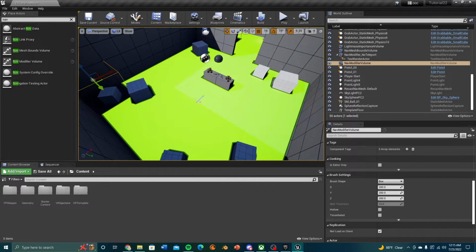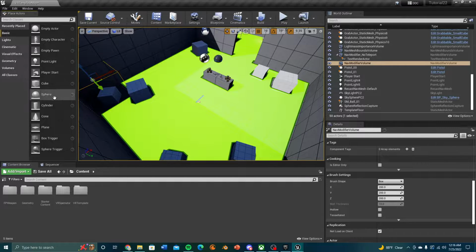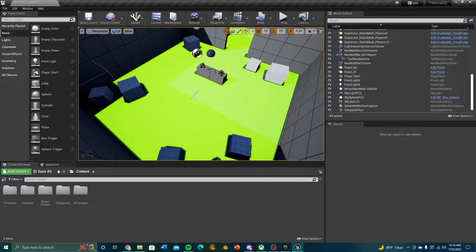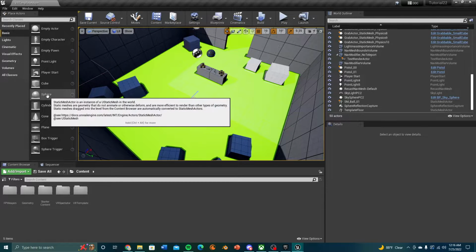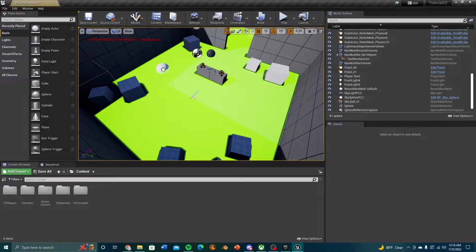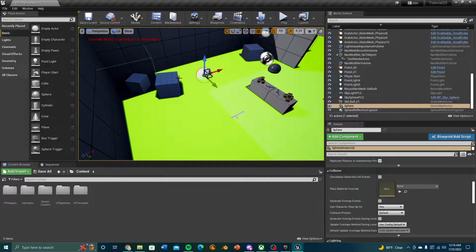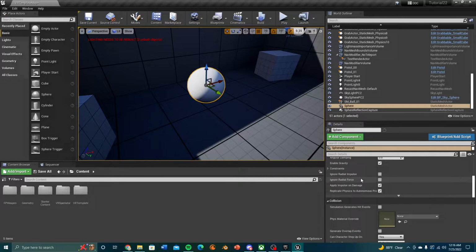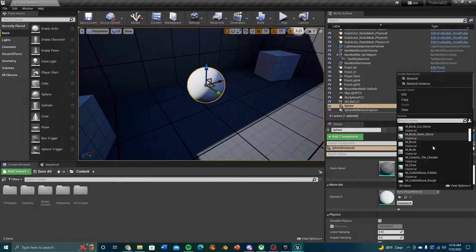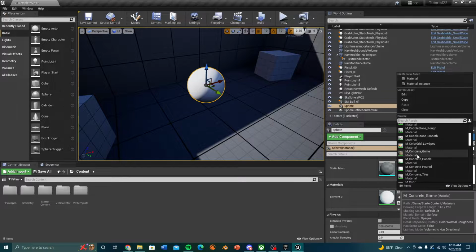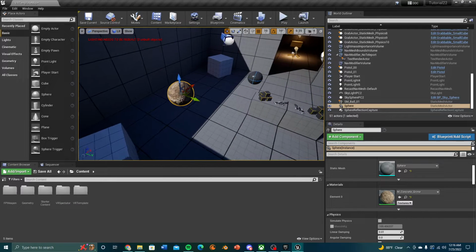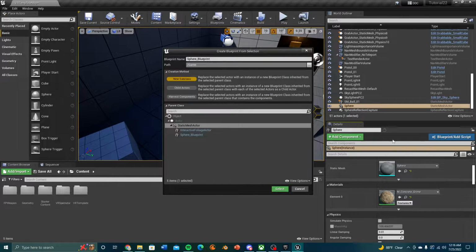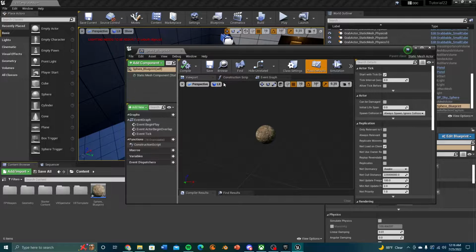Also, to place an art asset, whatever you want to place in your project, you can go over here, press, let's say, a sphere. You can add it. So you add your sphere. You can also change the material to something else, let's say concrete. And for this, you can also press on blueprint and make a new blueprint